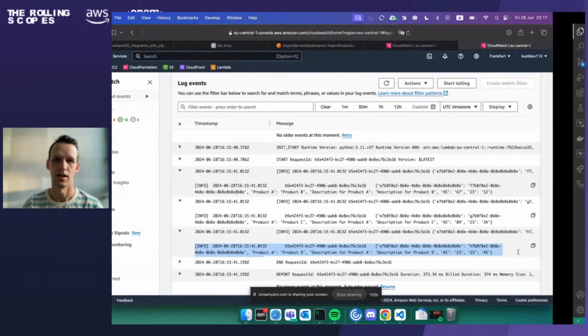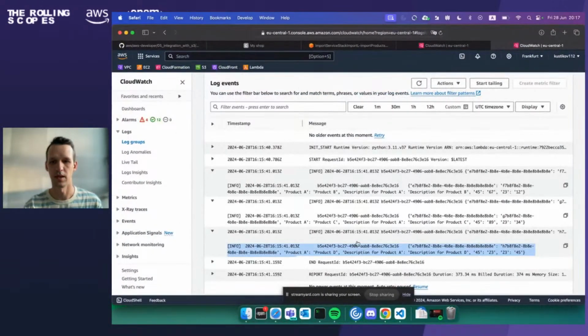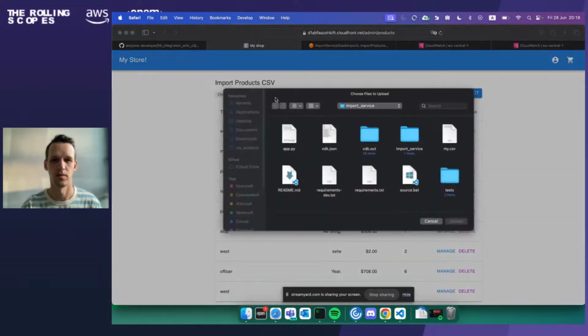Okay, I got it. So in the CSV file, there should always be a header. So it should look like ID, then the product name. Next one is description. Let's say value and price. So now, yeah, this header would be like a key in your dictionary in case you are parsing it the same way I do. So now, if we go ahead and try to upload it once again,